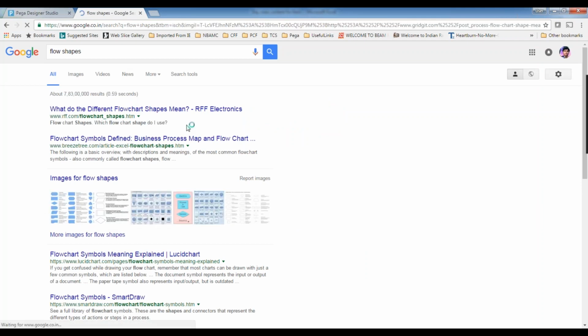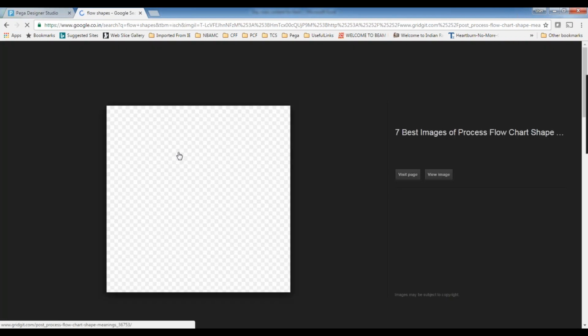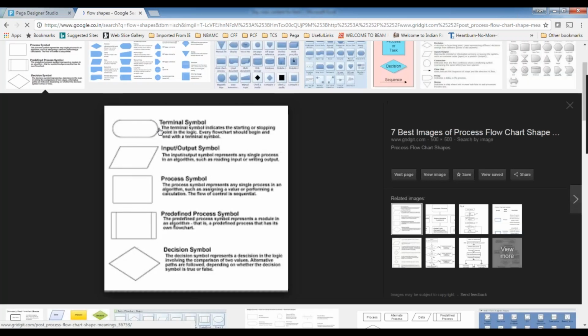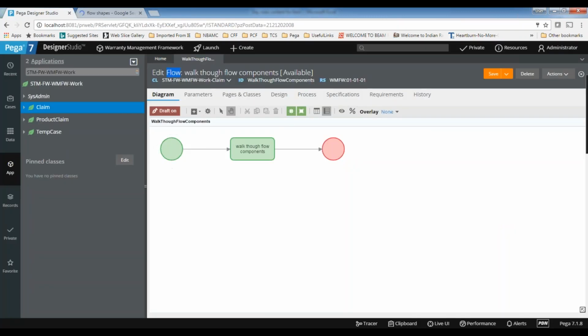Each shape represents some meaning. A diamond symbol means decision, and a rectangle symbol means taking the input. So we used to have some meaning for each and every shape while designing a flow. Here also it is the same thing. The starting and ending shapes will be there. In between, whatever is happening is called the sequence of events. The execution will start from the start shape and end at the end shape, and in between we use different shapes, each with a specific purpose.